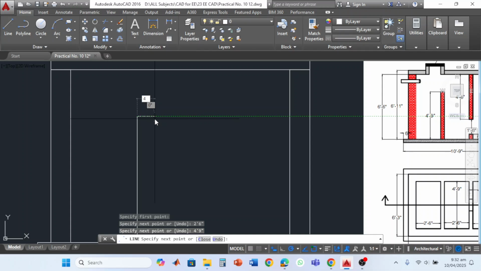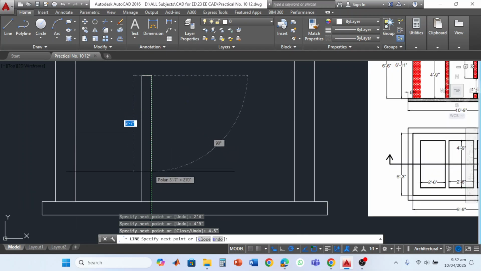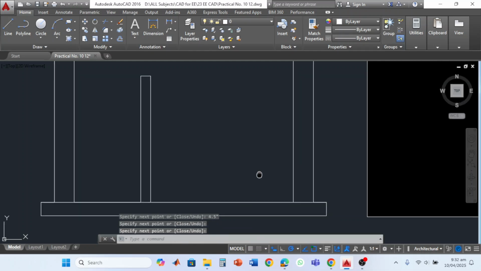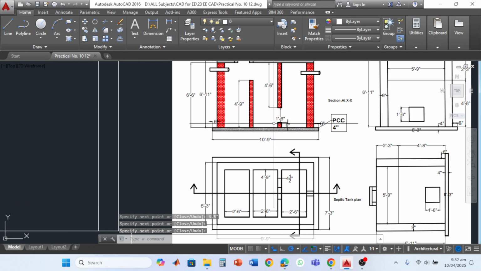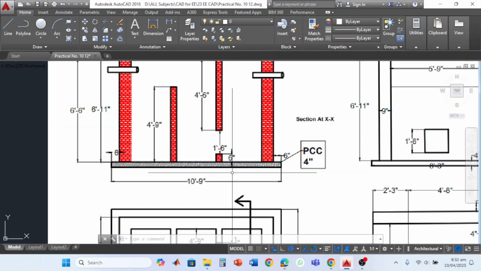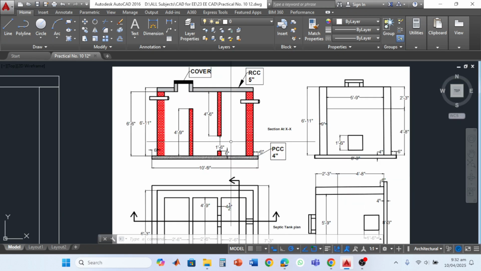4 inches. You can directly write that 4.5 inches. Even then, you can have a visual, same values. Similarly, we have to draw another wall. This wall is from the height